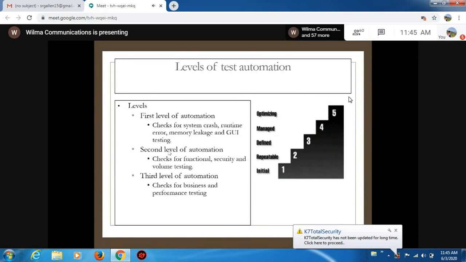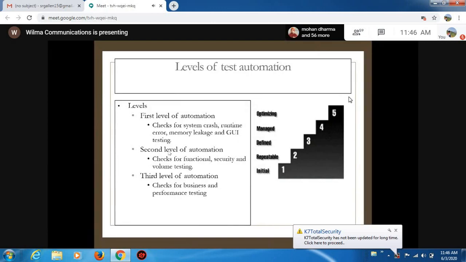So what are all the areas you can consider for automation in your project? You can conduct automation testing for the GUI part. You can conduct automation testing for the functional, security, and database areas. You can also check the business-oriented functionality.